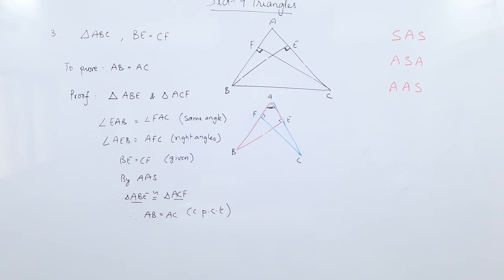In the first case, the sides were given equal; in the second case, the altitudes were given equal. So here you need to practice a lot to find out which theorem to use when. Okay, so this is geometry. Triangles may look very complicated to you, but only practice can make it simpler. You have to repeat these videos again and again till you understand it thoroughly, and then you have to practice a lot of sums. So all the textbook sums you are supposed to do. Only if you keep on practicing the sums, you will get thorough with geometry.